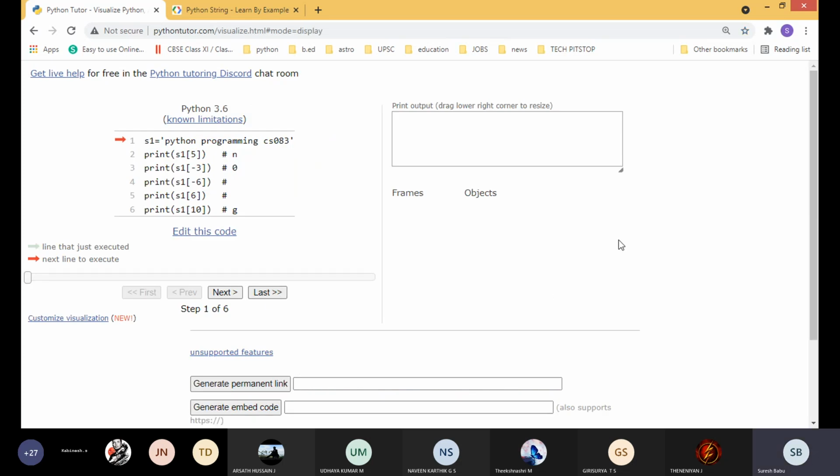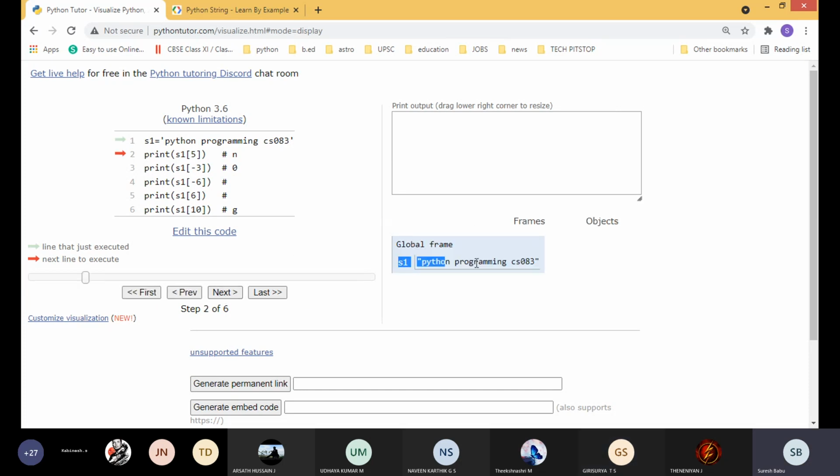Students, screen visible? Yes, sir. Okay, so S1 is the string it is creating. Actually, the remaining data types will be created with the indexing itself; only string does not show the indexing value in this tutor. Now see the first output n.